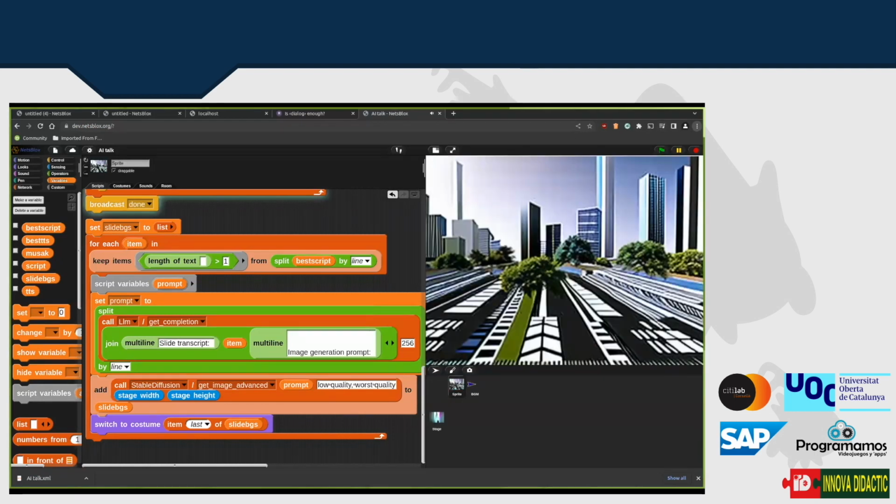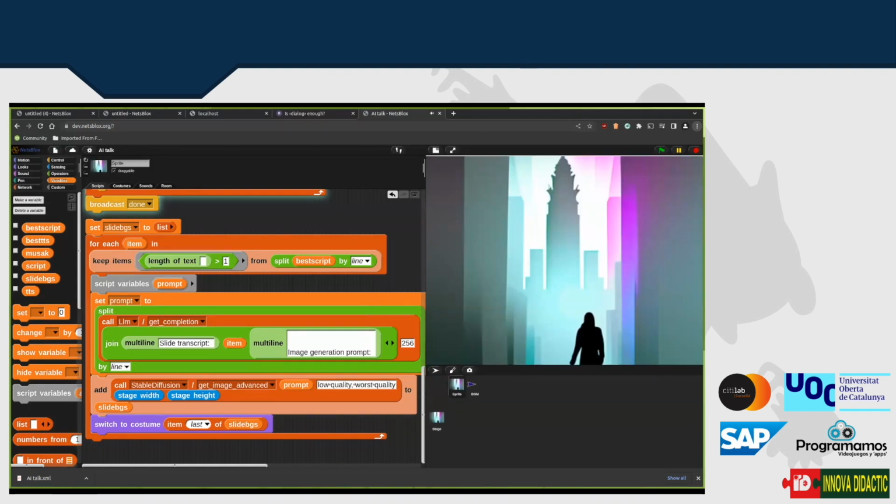Hello. Today I'd like to talk about the exciting integration of generative AI tools in NetsBlox. NetsBlox is a block-based programming language based on Snap, and we've added some new features that allow for generative AI.